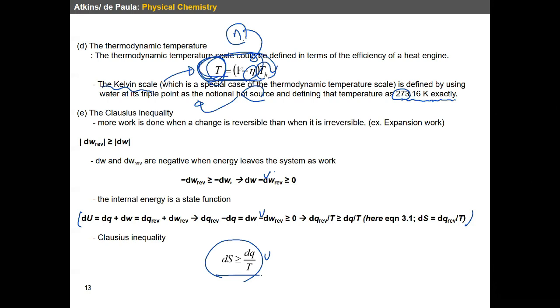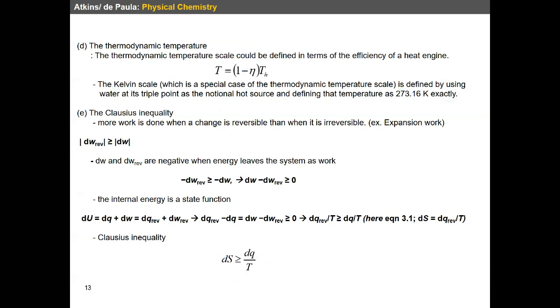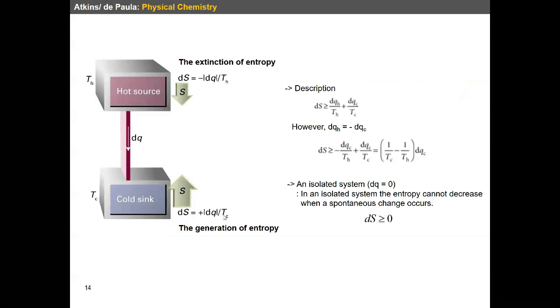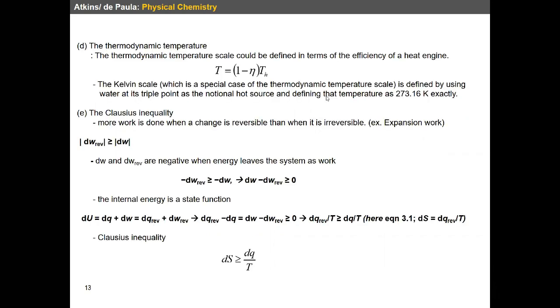그 중에서 클라우시스 이니퀄리티라는 게 있는데, 이건 쭉 다 설명을 드렸고요. 결국 클라우시스 이니퀄리티라는 게 이런 식으로 표현이 되고요. 그러니까 이 DQ, 리버서블한 프로세스에 대한 엔트로피 값, 그러니까 엔트로피의 변화가 T분의 DQ 값, 히트 에너지가 트랜스퍼 됐을 때보다 크다. 이게 클라우시스 이니퀄리티인데, 이걸 쭉 계산해 보면 이 식이 결국 의미하는 거는